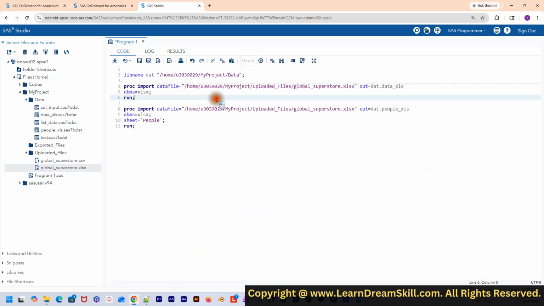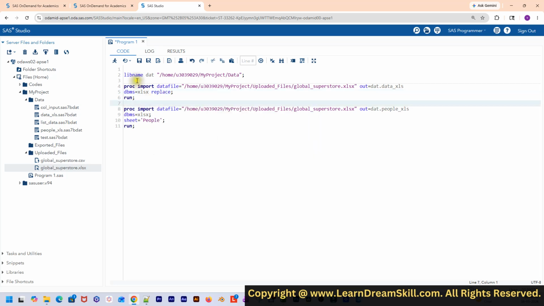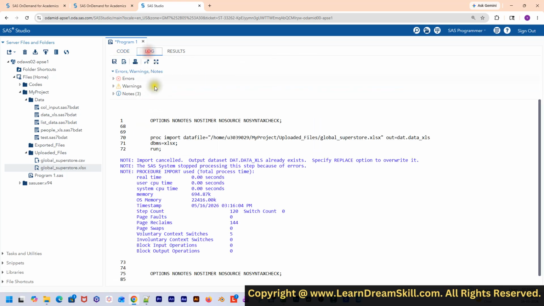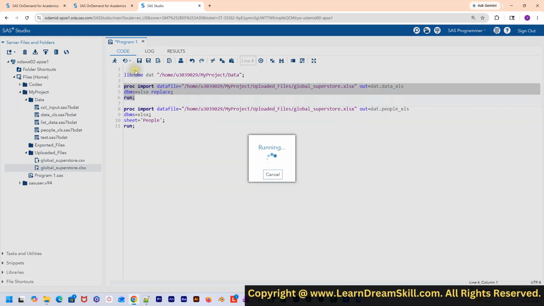So suppose you have already read this, and there were some changes in the Excel file, and you made those, and then you are trying to import the file, you will not be able to do so. So if you want to read that file and replace the existing file, you will have to write replace here. So always use replace here. But I just wanted to show you the example, that's why I didn't write it here. And in an interview, if the interviewer asks why do we use replace, now you should be able to tell. So if I run my code now,